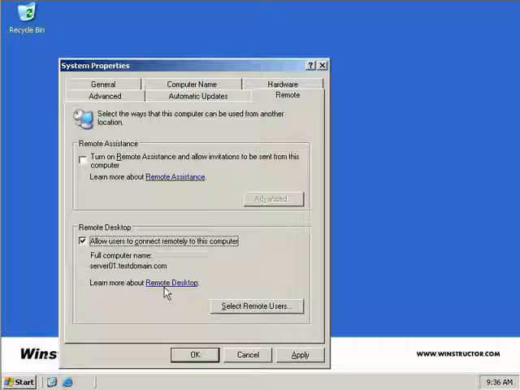Now by default, once we check this box, allow users to connect remotely to this computer, if we were to click OK right now, the only account that can connect via Remote Desktop to this box is the administrator account. So to enable other users to connect to this server using Remote Desktop, we need to add them to the Remote Desktop users group. So to enable additional users to connect to this server using Remote Desktop, we'll click on